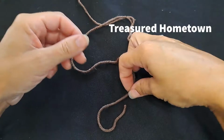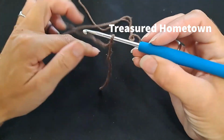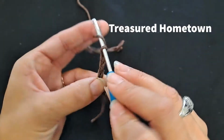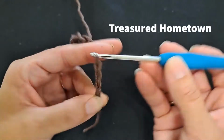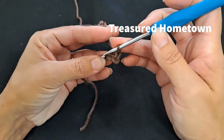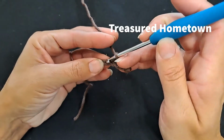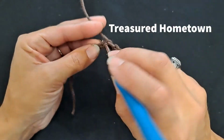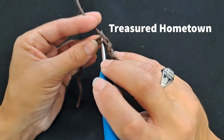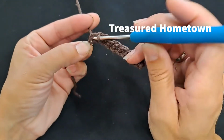All right, and so for our stem, we're going to take our brown yarn, create a slip knot, and then we're going to chain 10. And then into our second chain from our hook, we're going to single crochet and into each stitch all the way down. So 9 single crochets,